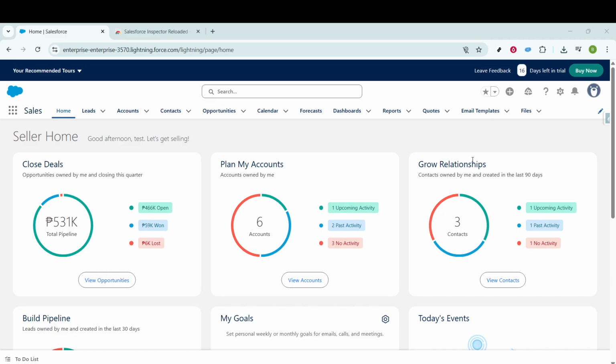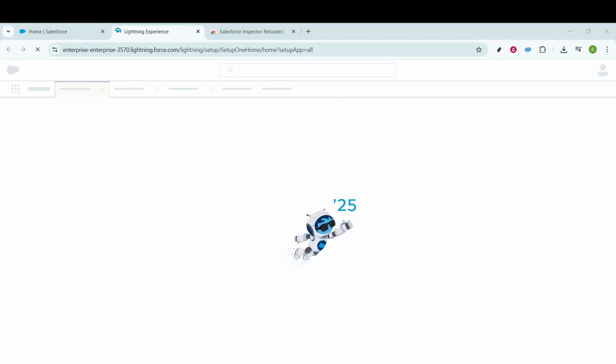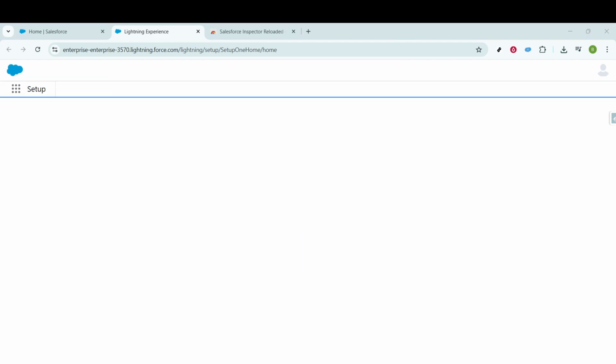Now take a look at the top right corner of your screen, and you'll notice a gear icon. This is your gateway to Salesforce settings, a quick access tool for customizing your account. Go ahead and click on this gear icon, and you'll see a drop-down menu appear. From this menu, you'll want to select Setup. This action will transport you into the deeper configuration settings where you can further tailor your Salesforce environment to better